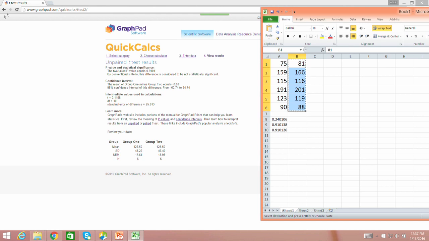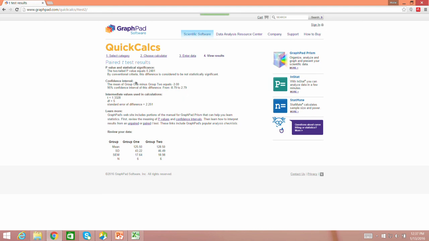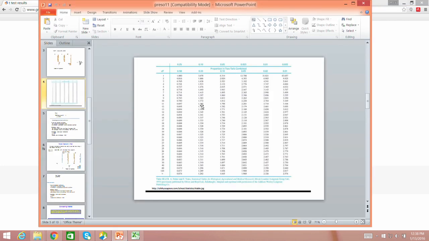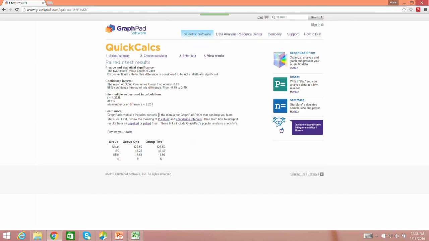So, here we are doing unpaired t test, whereas if you go and do a paired t test and calculate now, the other difference is not considered. So, it is giving 0.2401. So, same thing here we got, right, okay, we got not significant here, okay, 0.20 and so on actually. T is 1.3328, okay,